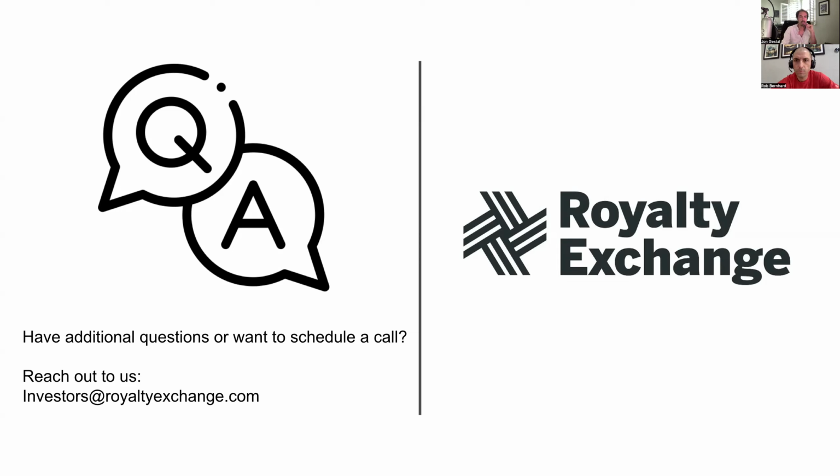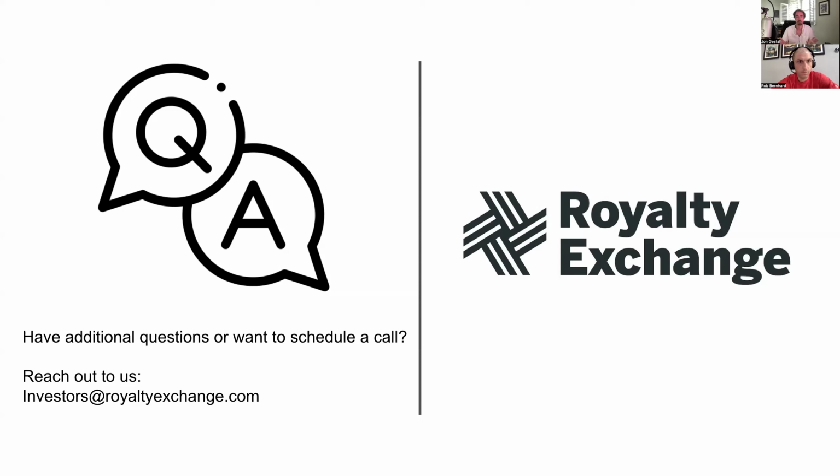Next question here. How do you know that you are actually in ownership of the rights that you are buying? You'll get a purchase agreement with a direct contract between you and the seller of the royalties. So that's going to be effectively your certificate of ownership. And then, we also assist with that, acting as the administrator on those rights. So we make sure that all the paperwork is filed, assigned, done correctly with the royalty payor. So you also have us to help support that.